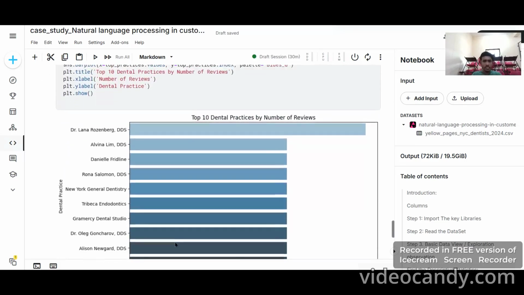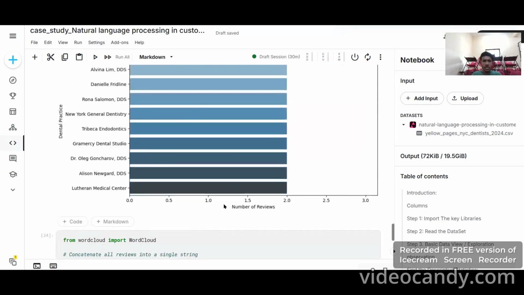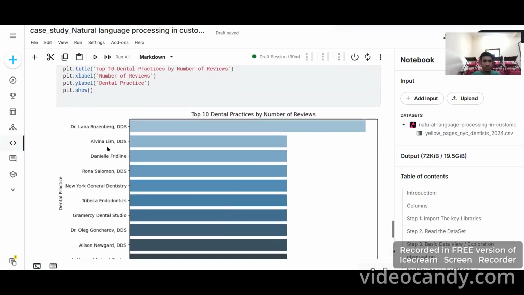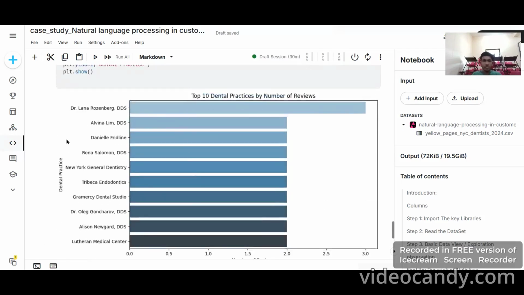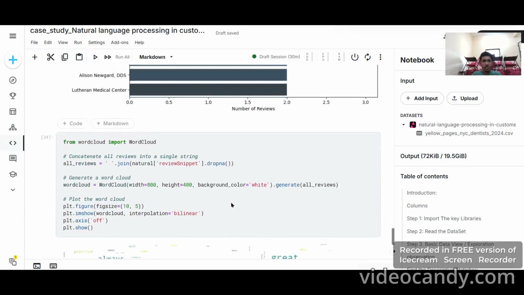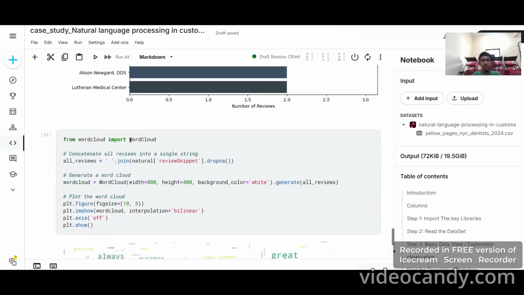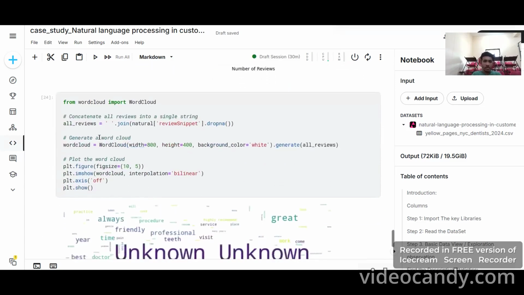Here the X label is number of reviews and the Y label is general practice. This is the highest one, Dr. Lana Rosenberg PDS. And then we import the word cloud, and here using this function, we concatenate